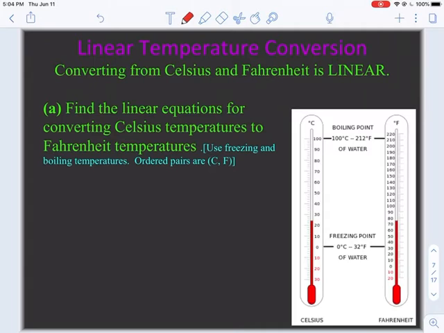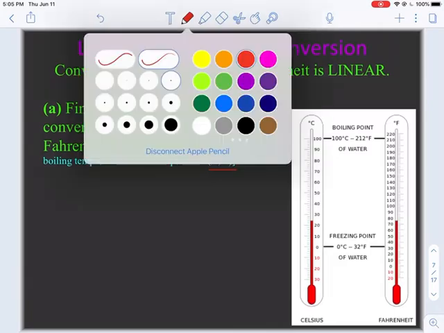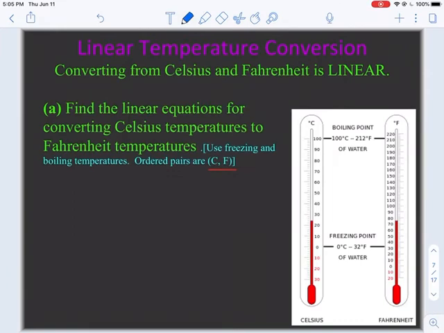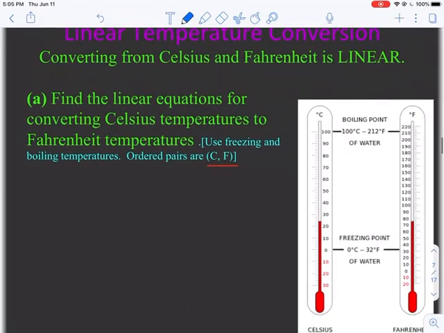Probably put a question in here. So if you want to find the linear equation for converting Celsius temperature to Fahrenheit, then we have to have our ordered pairs in terms of CF. So C being Celsius and F being Fahrenheit. So our ordered pairs, writing them out, get a good color for that. So then that would mean our CF ordered pairs